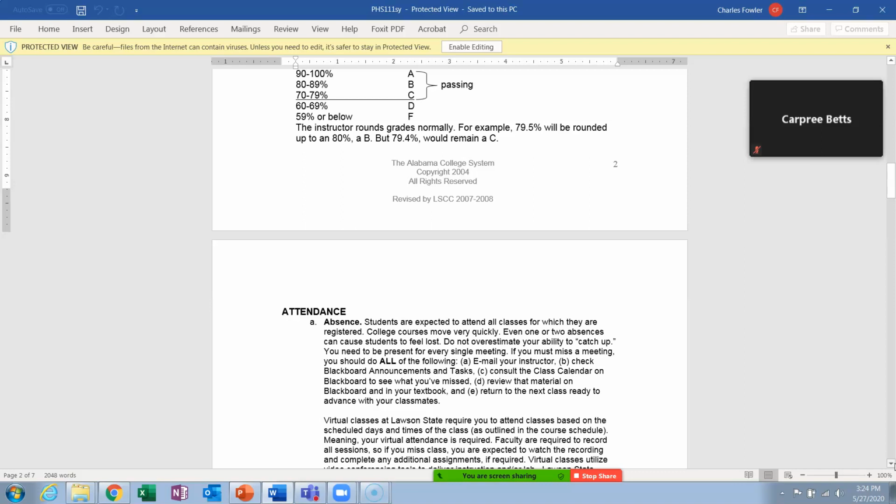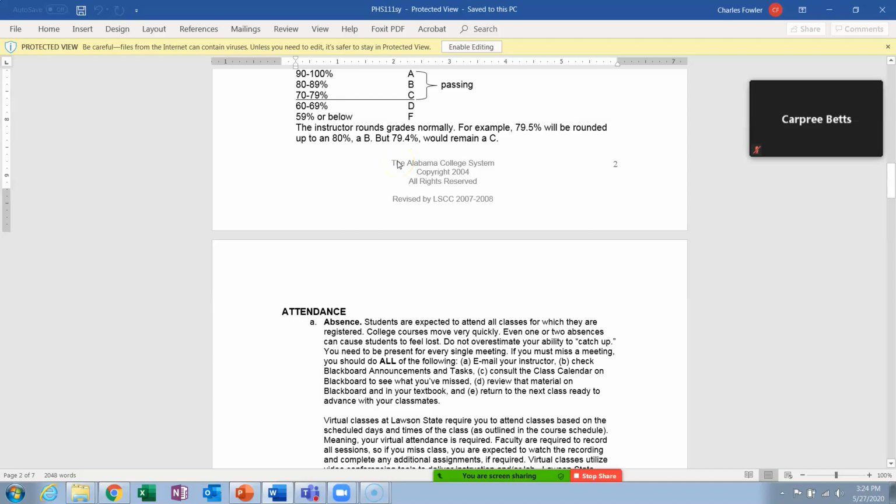I'll put checks there that you've turned in the daily work. And if you've done a good job of turning that in, if at the end of the term you wound up with something like this, a 79.4, I would bump that up to a B. It wouldn't stay a C. But if you didn't turn in the daily work, that would remain a C. So that's where the daily work will help you. If you happen to come out right on the borderline, and it doesn't have to be that close to the borderline, but right on the borderline, that will bump you up a letter grade, okay?